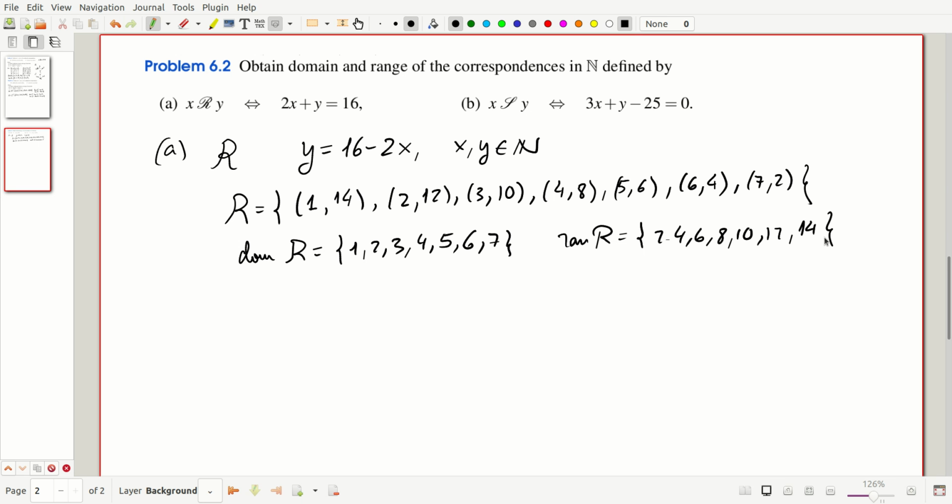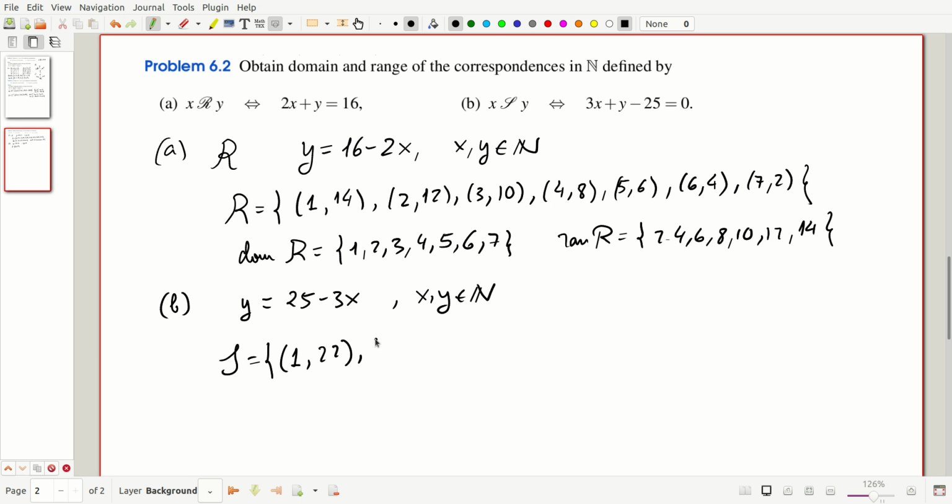All right? Well, for S, you have to do the same for this other correspondence, and you do exactly the same thing. Just eliminate y as a function of x, so you have 25 minus 3x, and again both are natural numbers, so you do the same thing. You start giving numbers to x until you exhaust all possibilities. So here's a 1 first, and then you have 22,